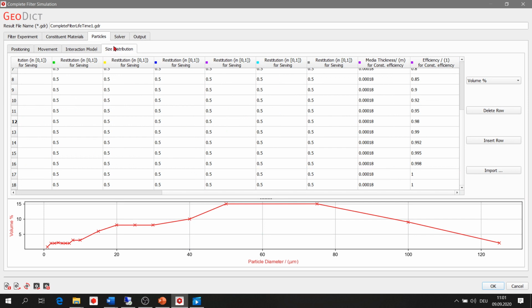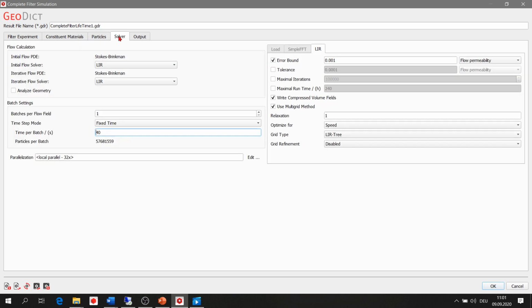All right, this is also done under solver. Here you can keep the linear solver as it is. Here you can select the time per batch. Here I chose 40. Here you can select the number of parallel processes. On the right side, you don't need to change this. You can change these settings only when convergence is a bit difficult to reach. You can set some relaxation factors and so on, but normally you don't need to change them.